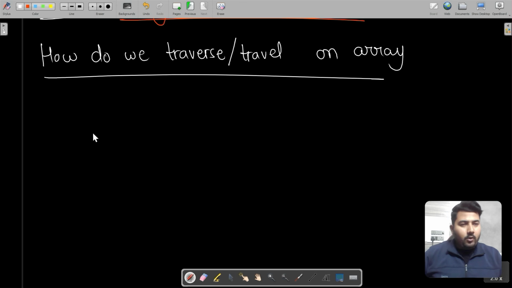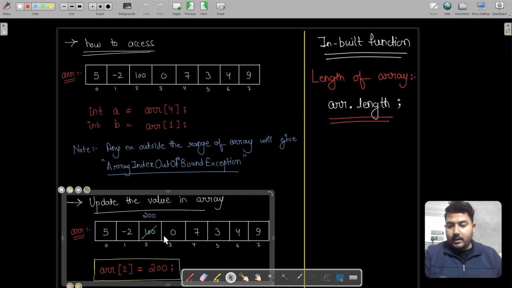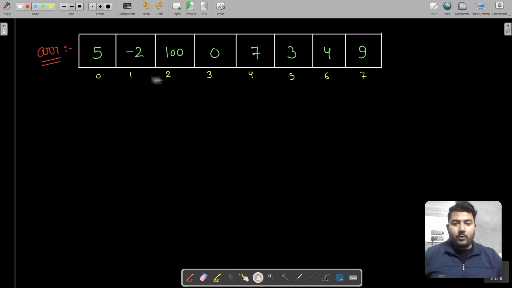For traversing on anything, we obviously need a loop. Okay, so right now we are going to use a for loop as an example. Let me just bring our array here itself. Let's suppose I want to traverse on this particular array. What I will do is, I will simply write down a for loop, and as you might already remember